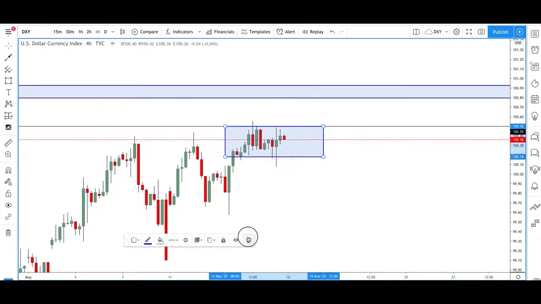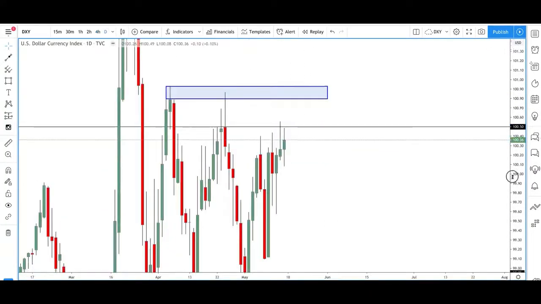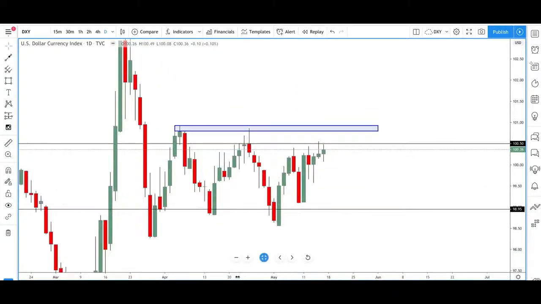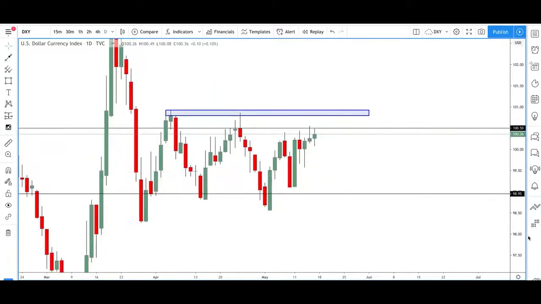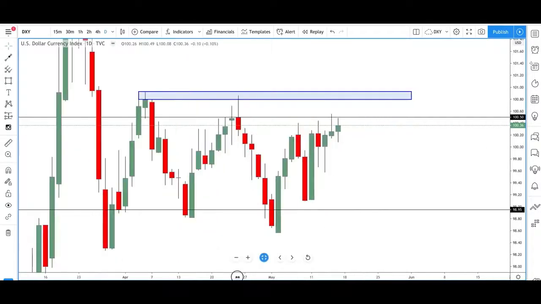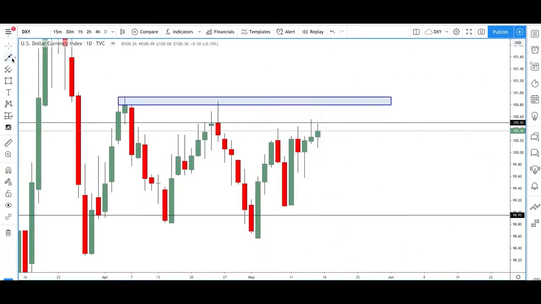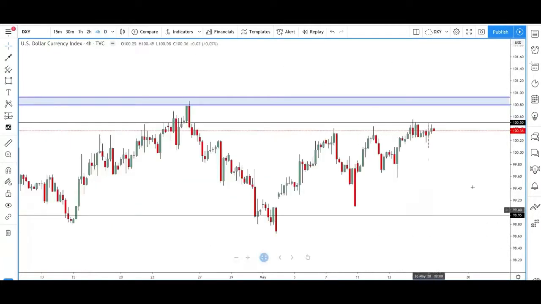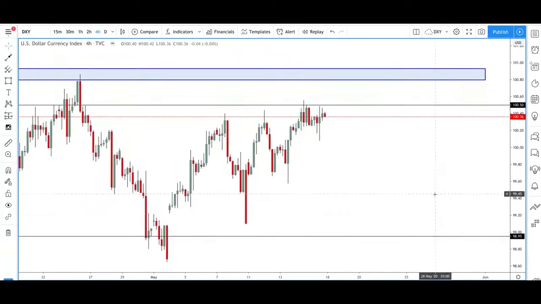Now, for a while, I've been calling the US dollar to come back up and take out these previous highs over here. At the moment, US dollar has some bullish momentum behind it, but as I said, I think it might be a bit tricky coming into this week. I don't think we're going to just simply push up, take out this level, and then have the US dollar weakness that I've been expecting. I think we might see a few different moves first, which is good for us because it gives us quite a few trade opportunities.